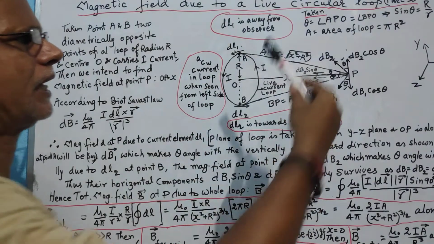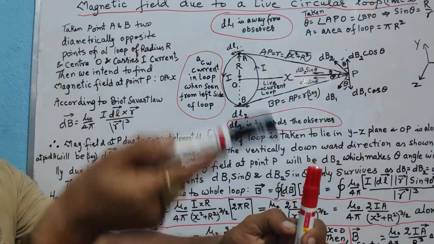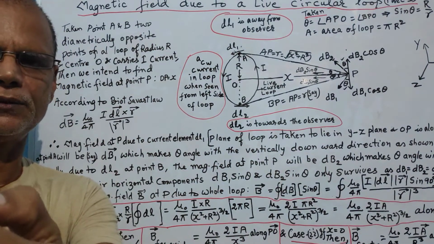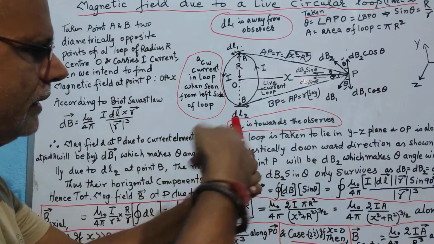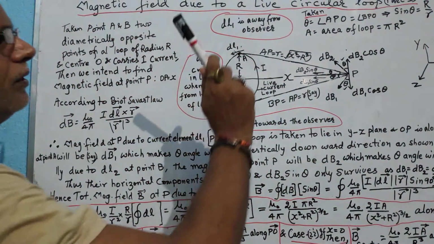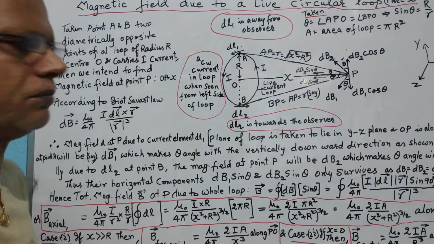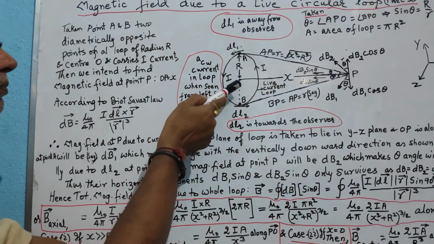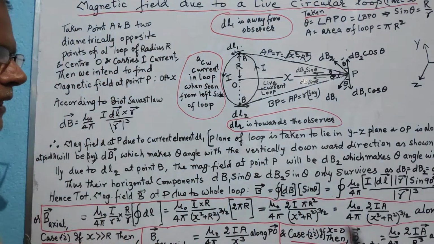Had it been the case that I was looking at the loop from that side, then the same current loop which is anticlockwise for me will be clockwise for you. You see it is anticlockwise for me, but when you look at it, it becomes clockwise. So for an observer for whom the current loop is clockwise, the magnetic field is always away from the observer. Here I am looking at the loop for which the current is anticlockwise. In that case, the magnetic field is directed towards the observer.